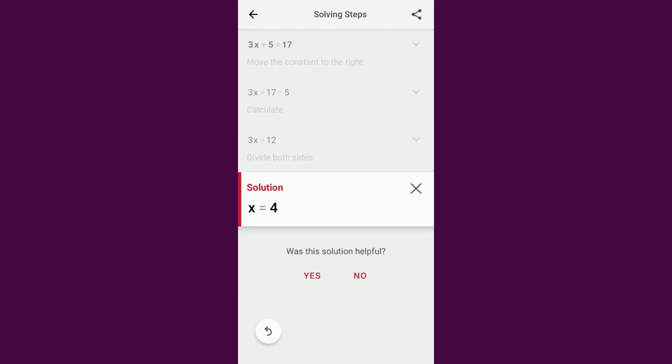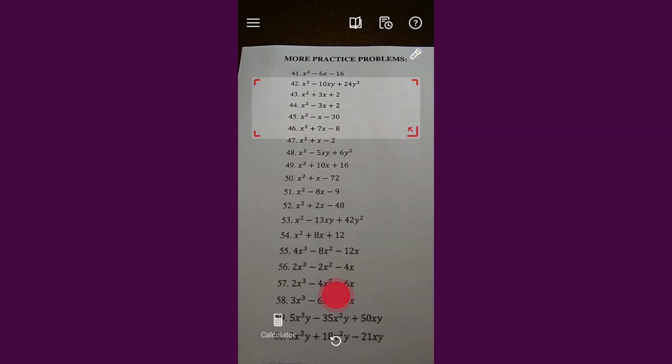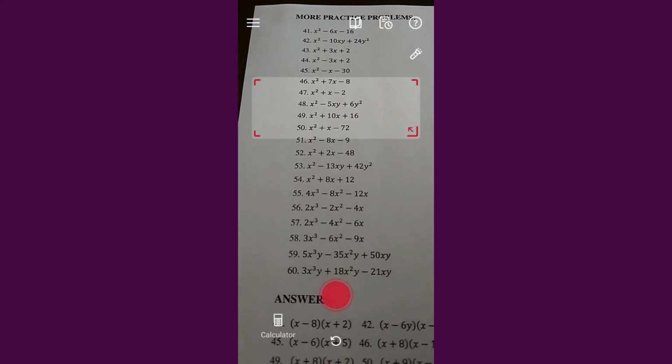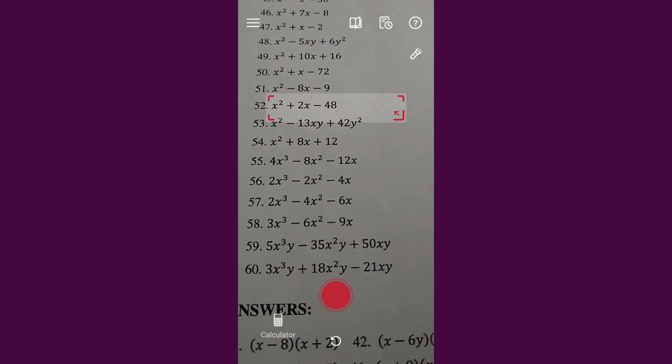The program can do simple math equations like this, but it can also do more advanced ones as well. So now let's take a look at another problem. I've got a worksheet here that's got some polynomial equations. Just tap the X to go back. All right. So now we just, again, we can drag the size and shape of the box to fit. So we get a problem.